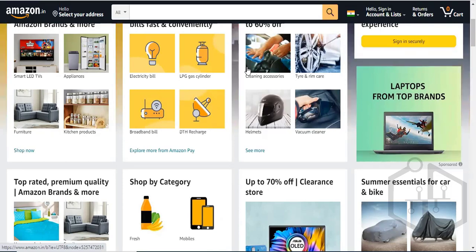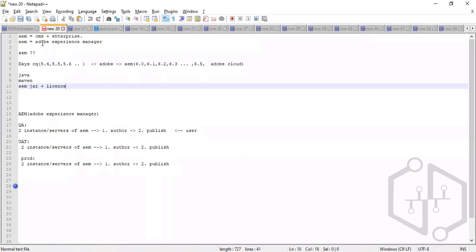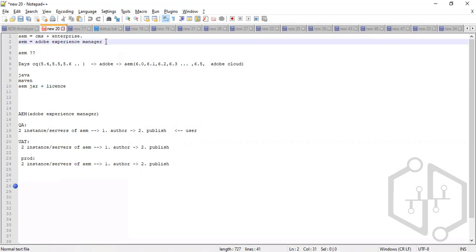That can be done with the help of a content management system, which is basically a tool that manages the content of your website. So this is CMS.